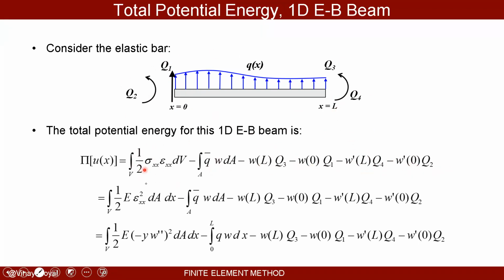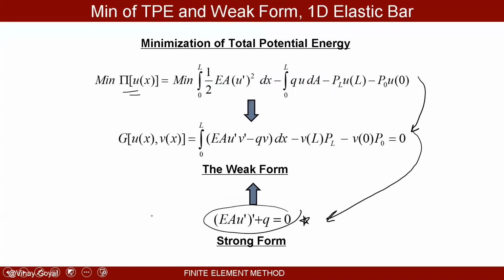Well, that's the strain energy. Now, the same thing applies. In one-dimensional theory, stress equals E times epsilon xx. So I get E times epsilon xx squared. And this term stays the same. Everything stays the same. Now, I know that epsilon xx, if you go back to the boundary value problem lecture, you'll see that I said that epsilon xx is